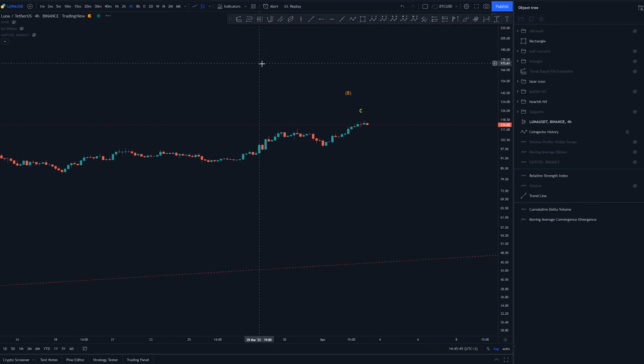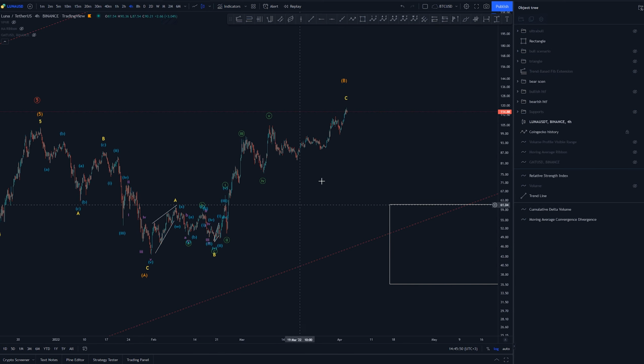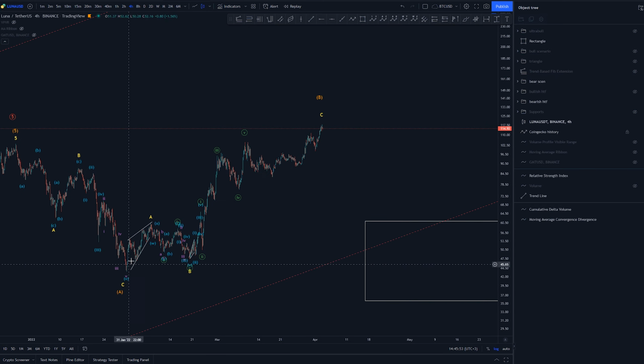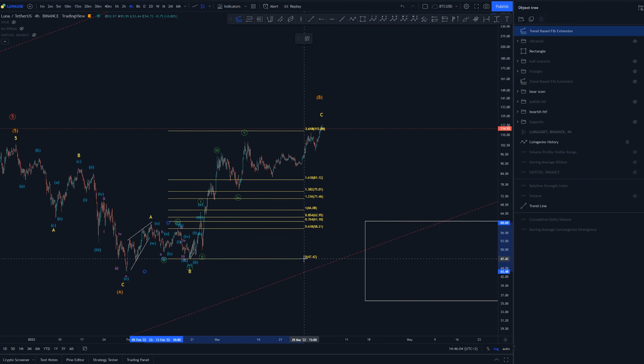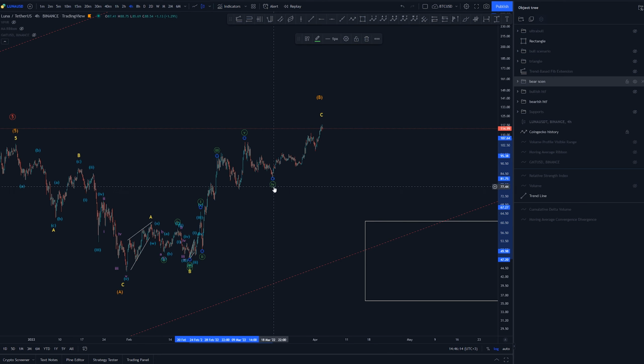Let's go to 4 hours so we can actually see some structure here. So we had thought that this was the A wave and this was the B. Now currently we've come up from here with A into B into C. This is already pretty high up on the extensions. See, we've gone past the 2.618, which is definitely not a regular thing, but if we pull this 4 into here, we can expect it going higher, as this corrective structure here is running flat, meaning the